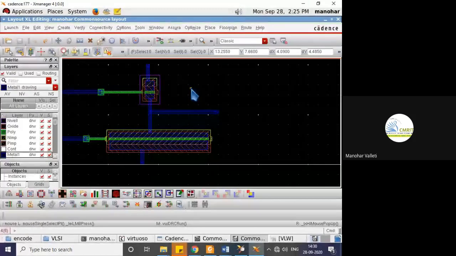So once after, has our design passed the DRC or is it still not passed? DRC check, has this layout passed the DRC check? This design, has it passed the DRC check or not?